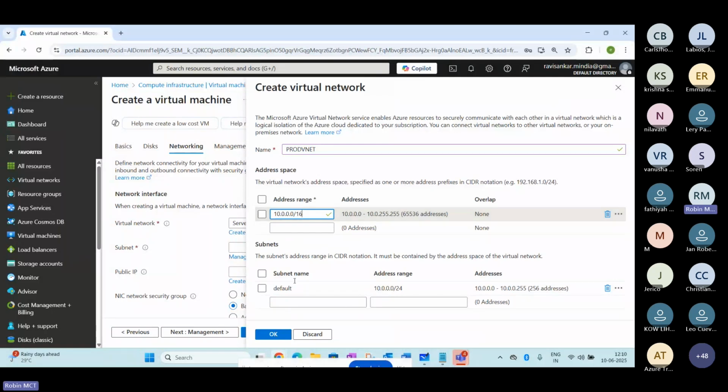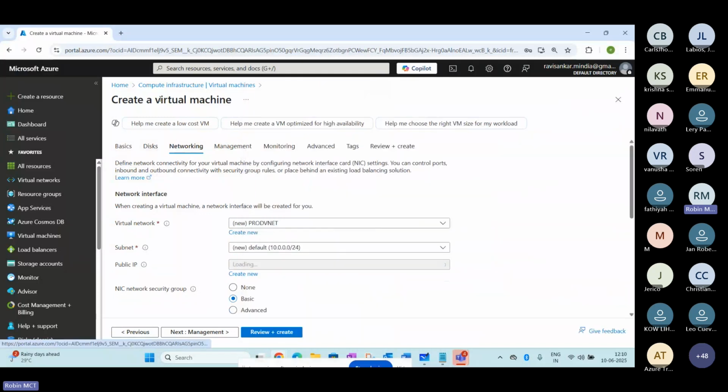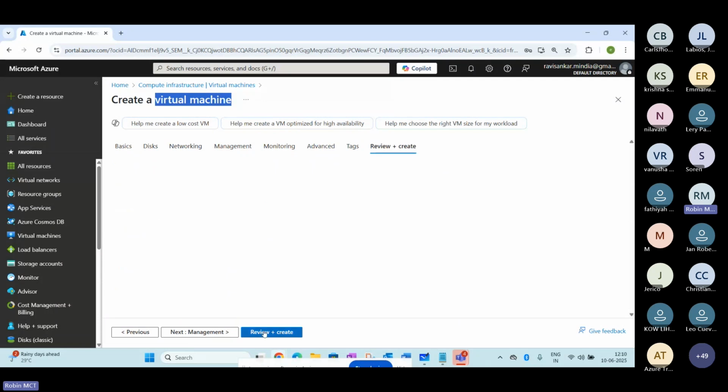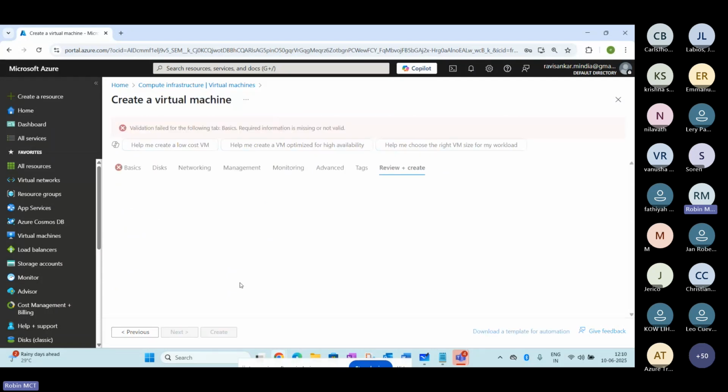So right now we can see here, I'm trying to create a virtual machine that's going to be assigned in a prod VNet, which has been starting with a range called 10.0.0 here. Let me review and create it. Right now the creation has been progressing.